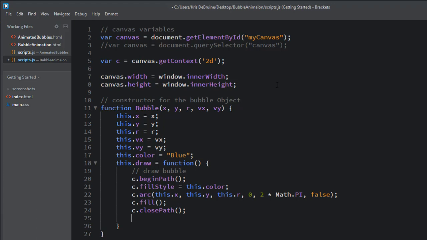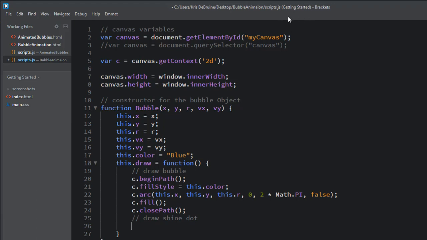After we do this, just to make it a little fancy, we're going to draw a little shine dot on the bubble. You'll see what I mean by that in a little bit. So we're basically going to draw another circle that uses the coordinates or the arguments that were passed in, the x, y, radius, and all that, vx, vy, from the previous circles, but we're going to make them 1/3